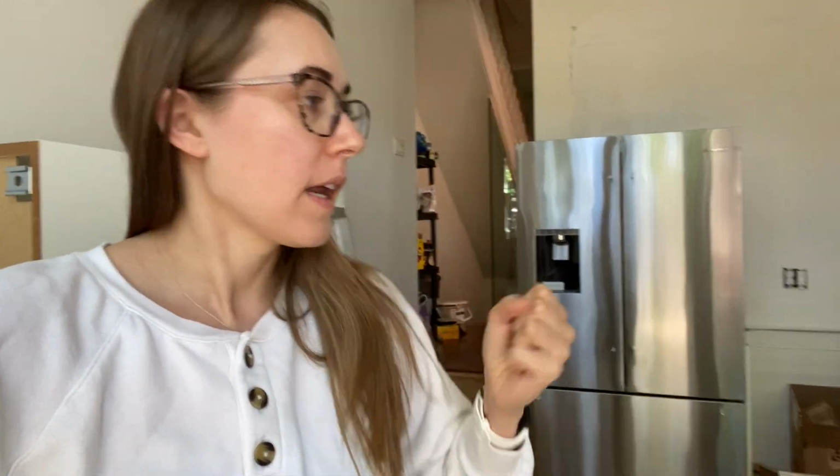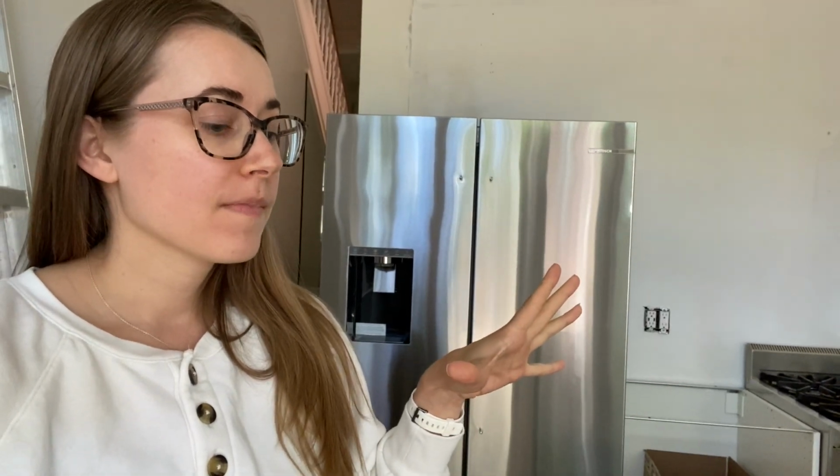Just down in the kitchen for my midday panic. Every day there's one thing where I'm like, oh my goodness, like what if this is wrong? And then I run downstairs and measure, and sure enough it's fine. But today, because I'm arranging to have help put up the upper cabinets, if I can recommend one thing, it's to pay someone to install your cabinets,